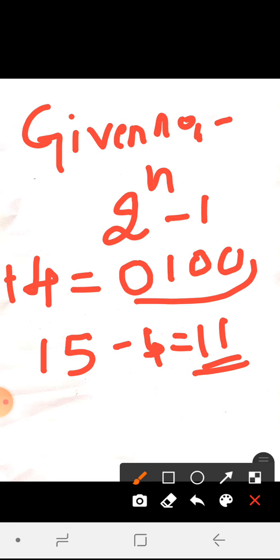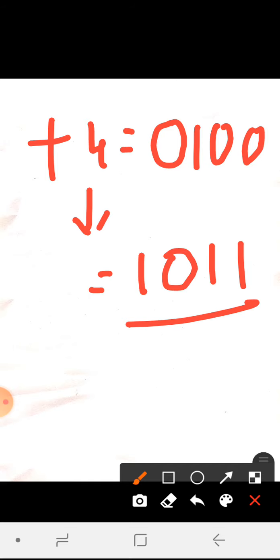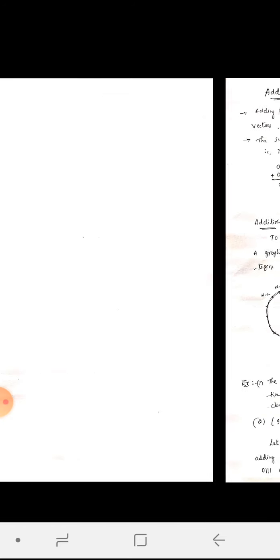Just look at this. So plus 4 is 0 1 0 0. We take out complementing each of the bit. So each of the bit, 0 will become 1, 1 will become 0, 1 1. So how much is this? 11. This is the representation for 11, nothing but it is minus 4. So in 1's complement, you can complement each of the bit, or you can subtract the given number from 2